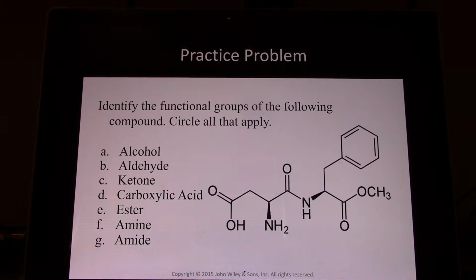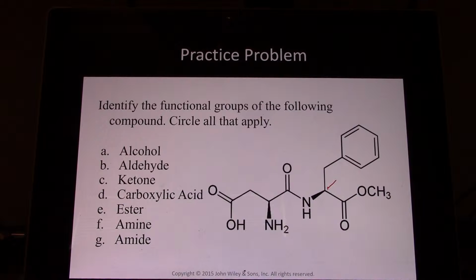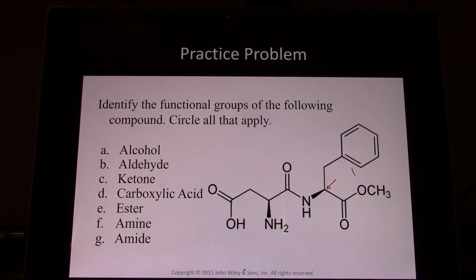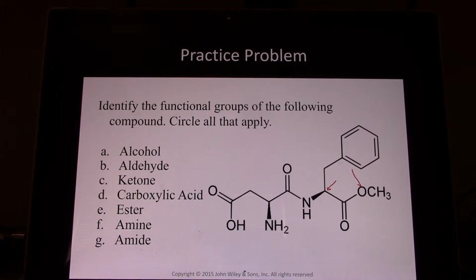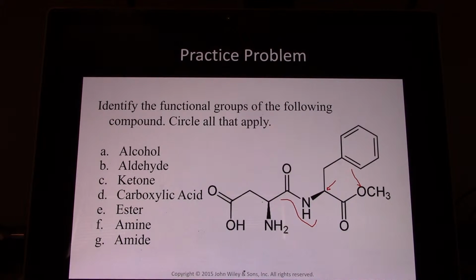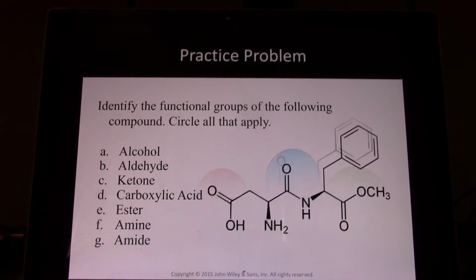Ketones. Do we see any ketones? No. This double bond O is not a ketone, because to be a ketone, it would need a carbon here, which it has, but this atom couldn't be an oxygen. That'd have to be a carbon. Because that's an O group with another R group, that's an ester actually. Here, because of the amino group coming off of it, that's an amide. And here, because the OH group, the acid moiety, this is a carboxylic acid.